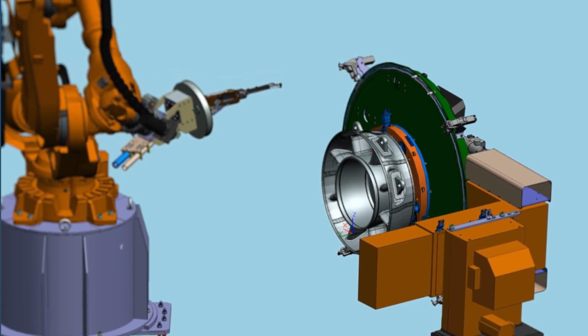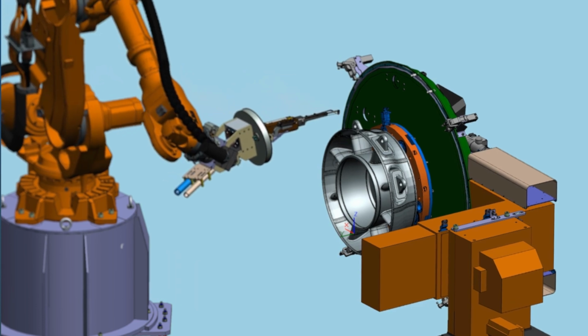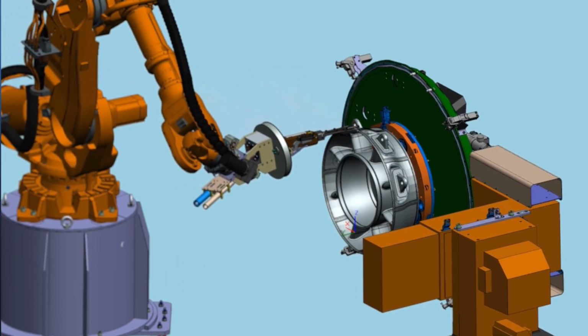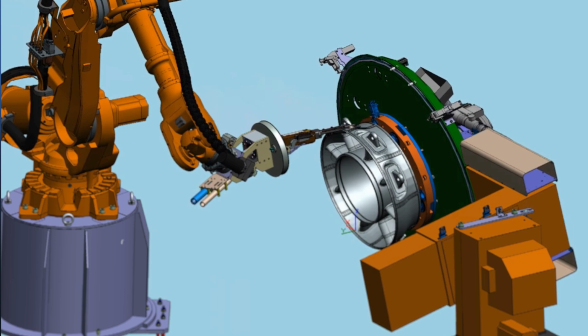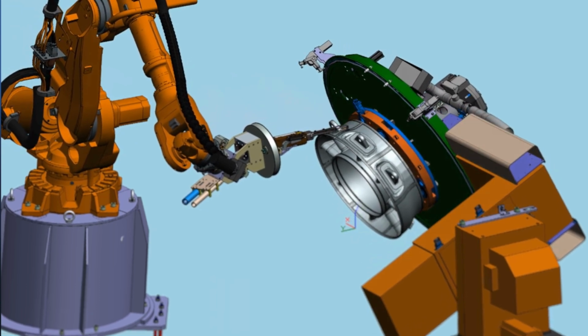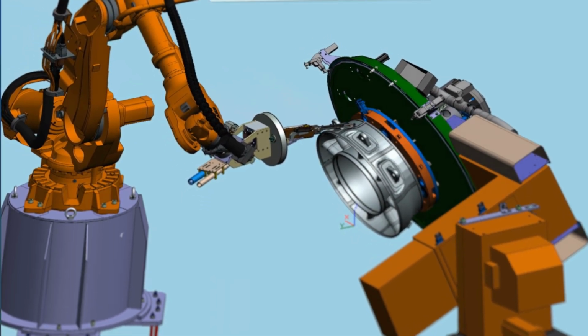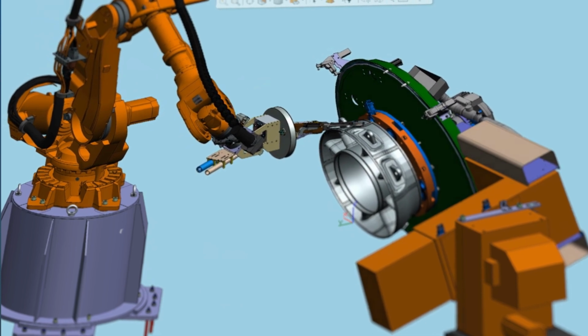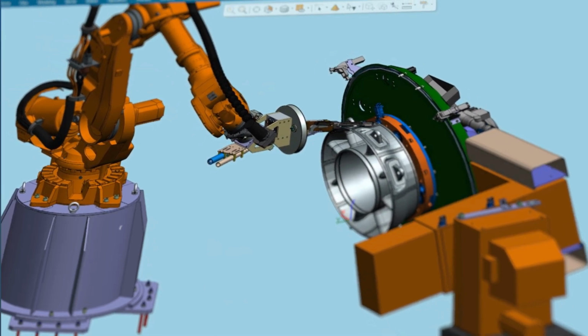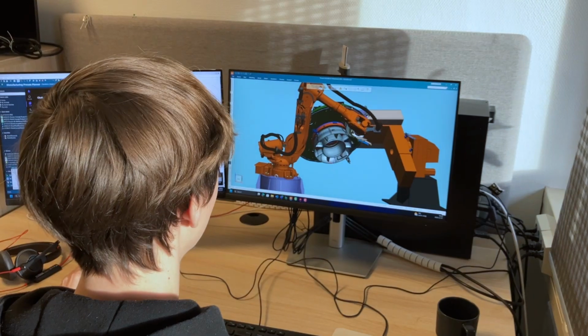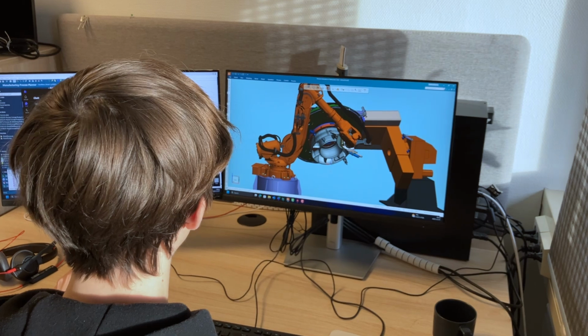Using these path templates, helping us automate this process and attribute all the locations with the attributes we want to use, adding retract and approach locations automatically. We do in hours, or at least in a couple of days, what would have taken weeks to do, at least. So it's been a game changer.